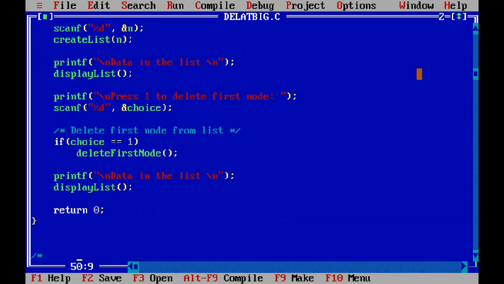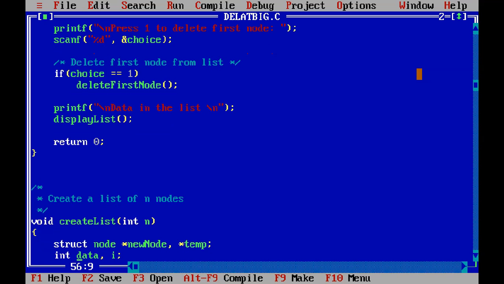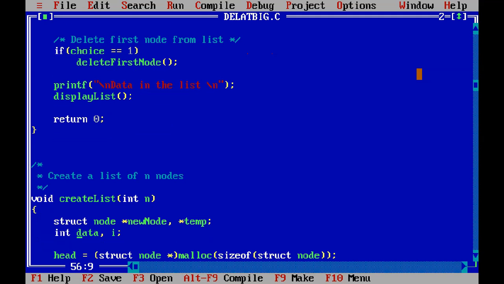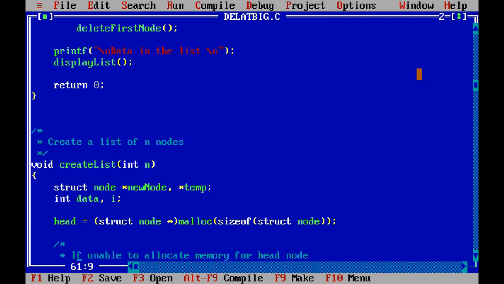Okay, then the functions are like this. First is the create list function with int n, and these are the pointers new node, temp, and some temporary variables like data and i. First of all, we are creating the head node. First allocate memory to the head.